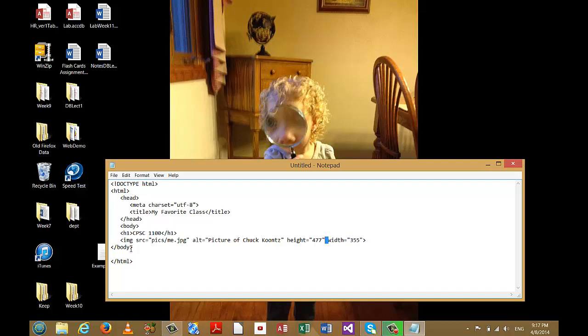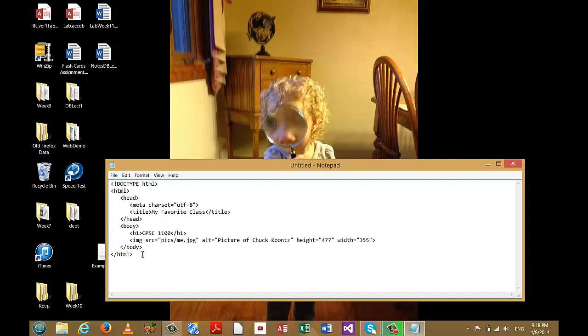And then finally, my web page ends by closing the body, and I'm going to clean the indentation up just a little bit, make it a little bit more readable. This is not a requirement, and as a matter of fact, the HTML could all be written on a single line if I wanted to, but it wouldn't be very readable. So there we have it, nice, neat,